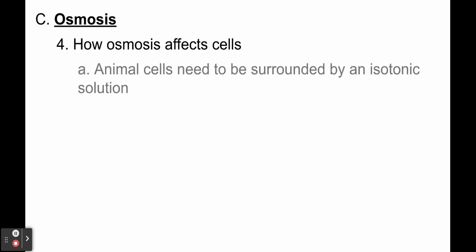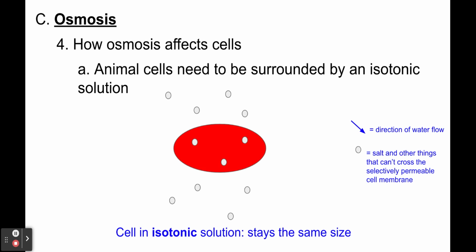So let's talk about that flow of water and section 4, how osmosis affects cells, how that flow of water affects cells. Detail A, animal cells need to be surrounded by an isotonic solution. Here's why. You might have already inferred what's going to happen when we put cells into isotonic, hypertonic, or hypotonic solutions. Here's an animal cell in an